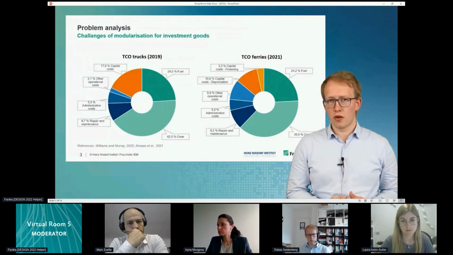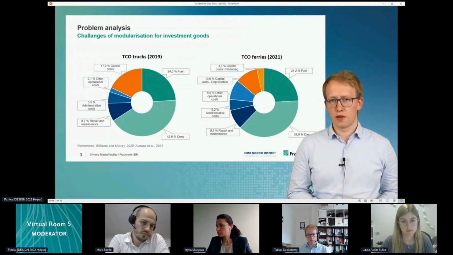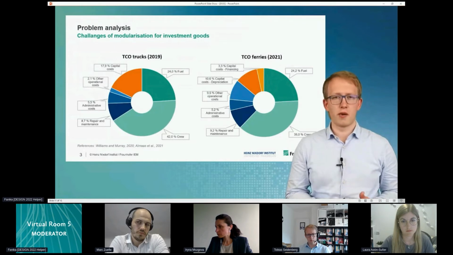So the production costs just make a small share. However, for the shipbuilders in Europe, this small share is what their business is. So we need them to be competitive in the global market. And we can achieve this by using the benefits of modularization, like the distribution of production and development, the specialization of suppliers, as well as the parallelization of development and production steps.